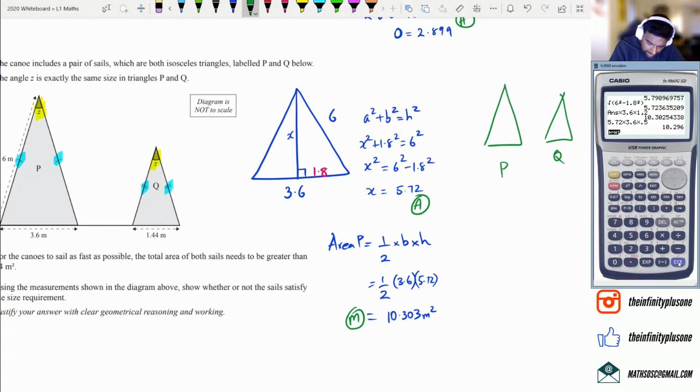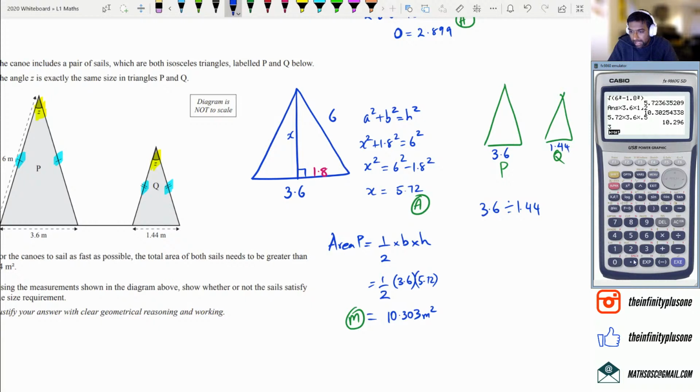Okay, because I can see that these triangles are similar, and I've got 3.6 and 1.44, what I can actually do is go 3.6 divided by 1.44. I'm taking the base of those two triangles, and I'm going to go 3.6 divided by 1.44. As you can see, it is a really weird ratio right now. Did I go 3.6 or 3.66? Oops, 3.6. Sorry, let's try that again. 3.6 divided by 1.44. Okay, that's much better. So the ratio,